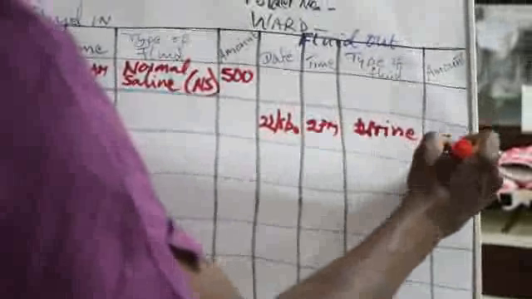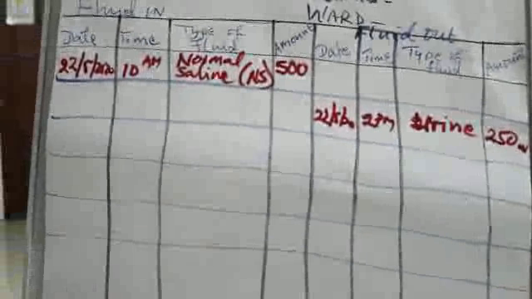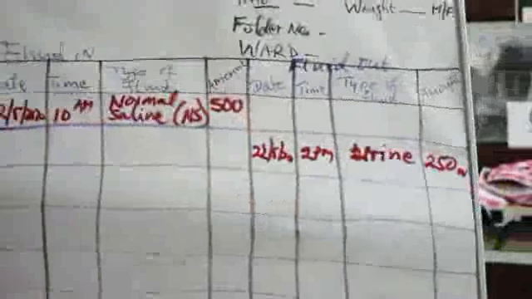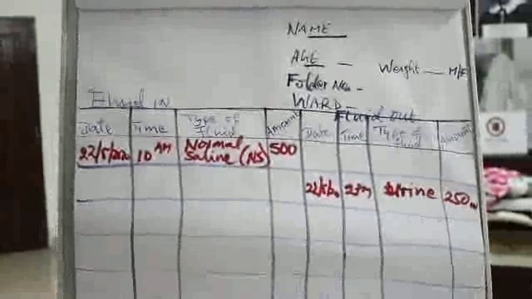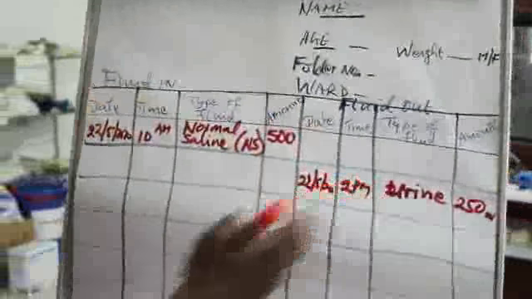this patient passes out urine of 250 ml. This is urine, the type of fluid passed, and now the amount, 250 ml. This is clearly written, for the next people coming on shift to see that yes, this patient passed out urine of 250 ml. And after every recording of the fluid out chart,